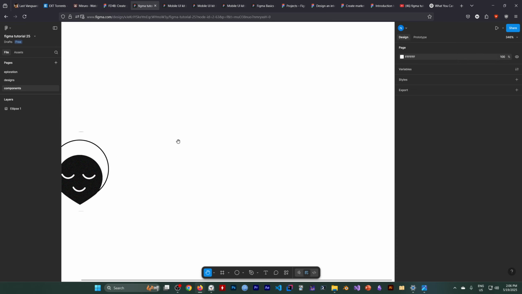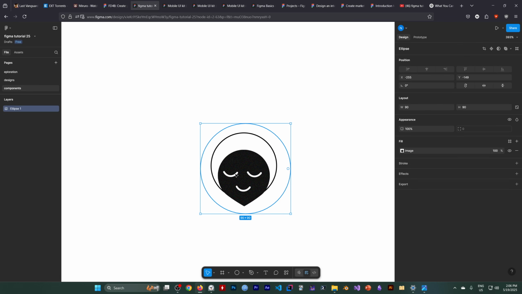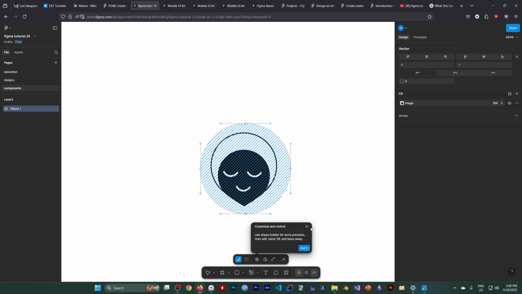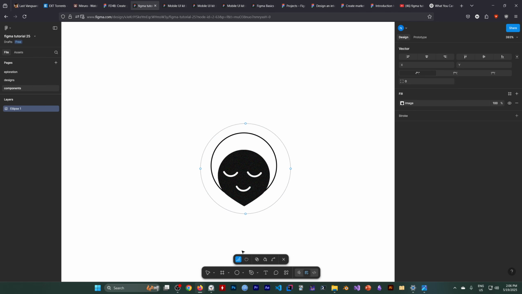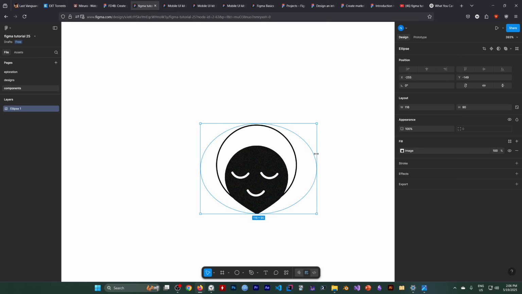I'm gonna use the hand tool to move. Switch back to this tool, and we're gonna select it. And in the properties panel, we got some more options. Let's see. Yeah, if we double click it, it goes into another mode that we don't want. Let's just exit it. So we want to change